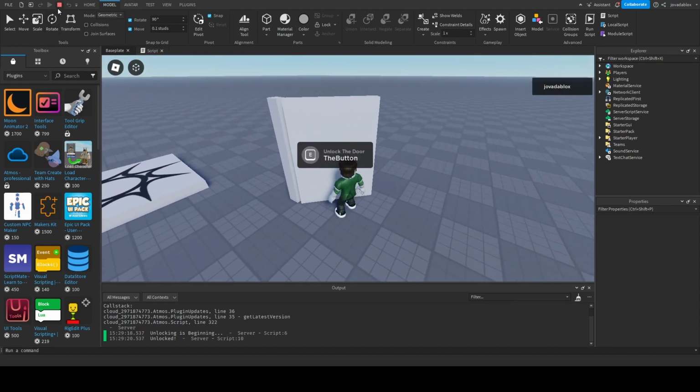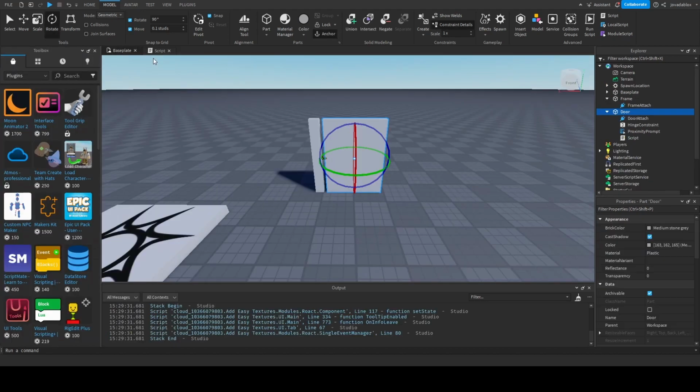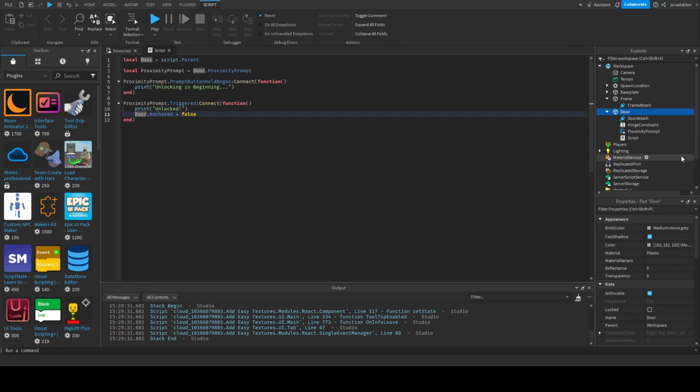Now, just to add a little more, so it could be a little more dynamic, I can do something like this. So first I'm going to grab this color property on the part, and I'm going to save it here as a comment, and you'll find out why in just a second. So when the prompt hold begins, I want to color the door red or orange, just to signify that it is unlocking. So I'm going to say door.color equals